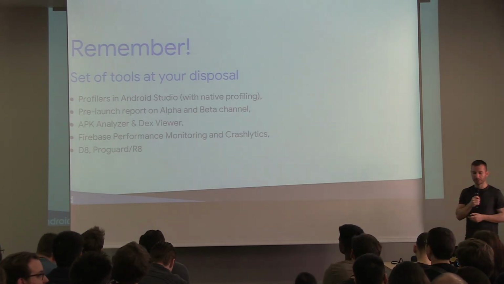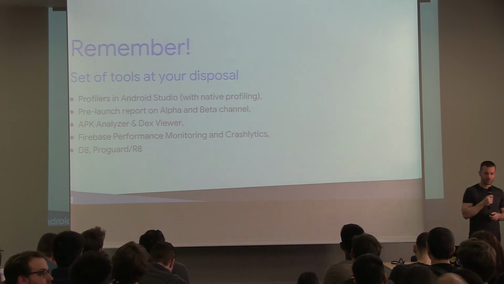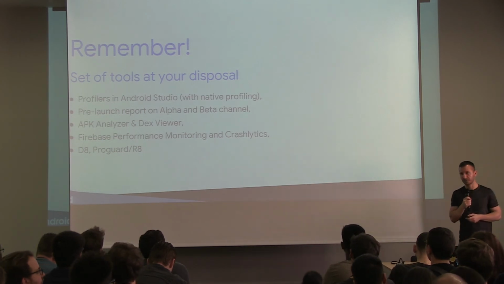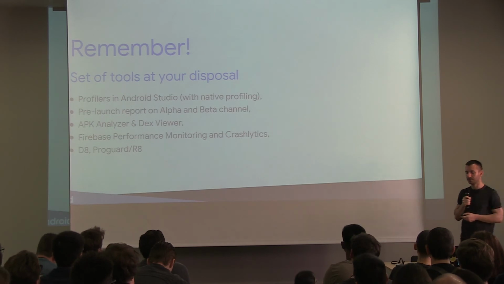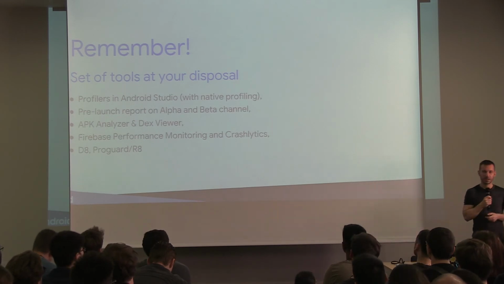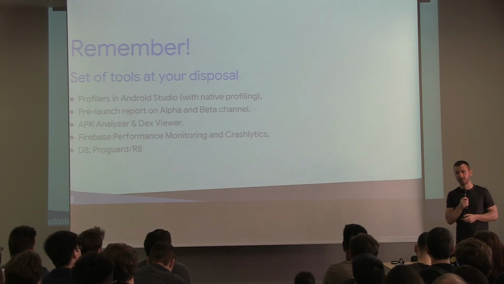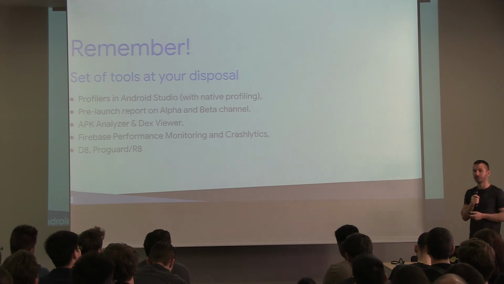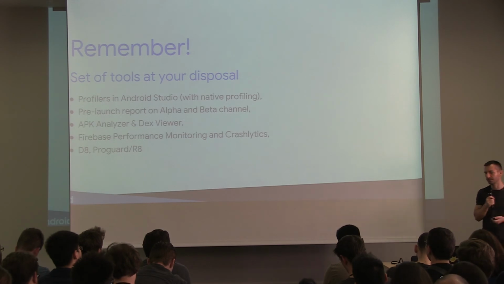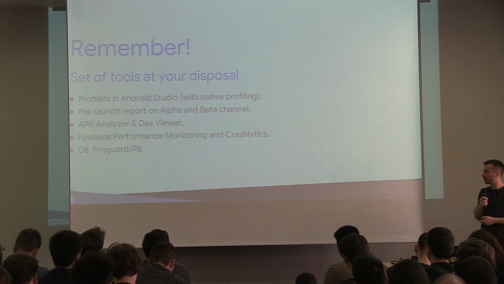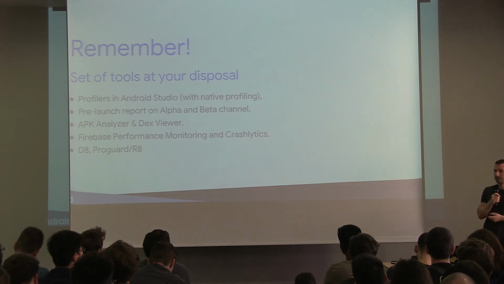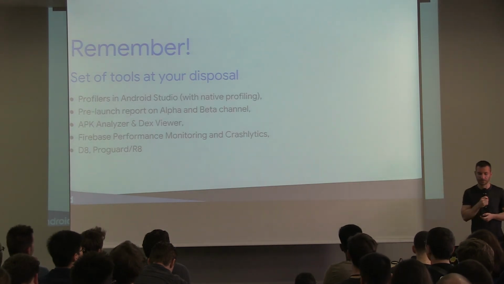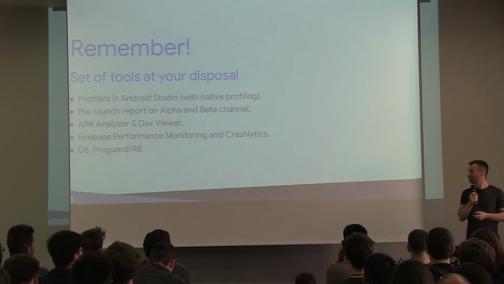I mentioned crash edits, and then we're also adding more stuff to the Android tools, so things like D8 or R8. D8 is a replacement for the Dexer, for DX, which just by using it, your app might get a little bit smaller and a little bit faster because it produces optimized Dex bytecode. Same with R8, which will be a replacement for ProGuard, which I hope you're using in your apps to reduce size. And we're probably going to talk more about R8 during this I/O.